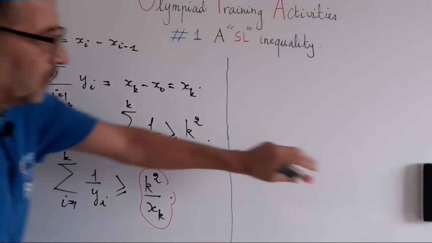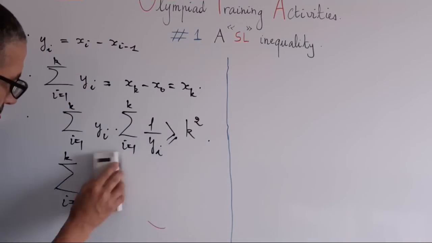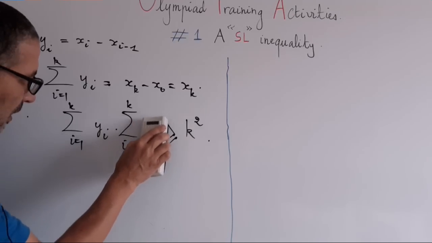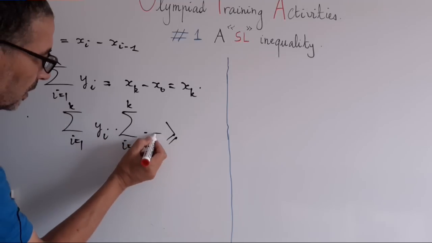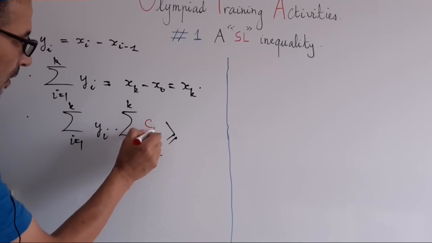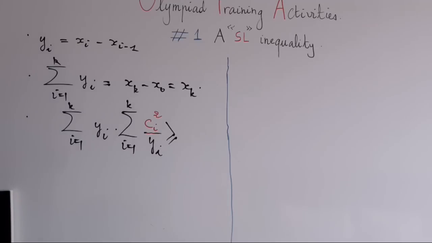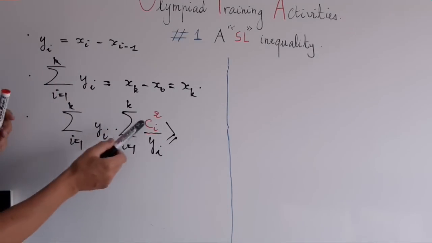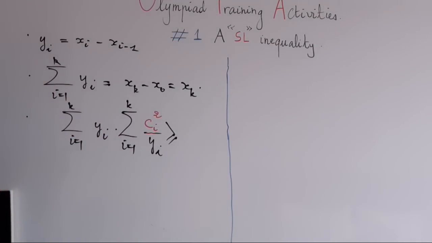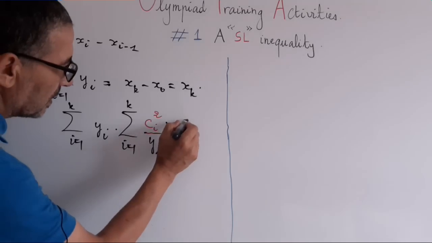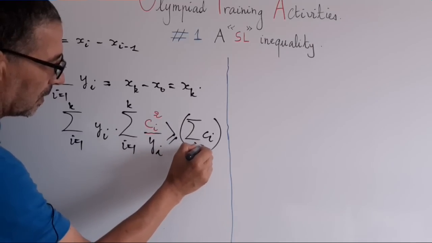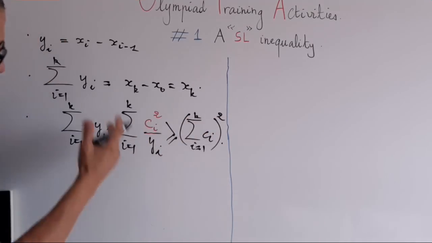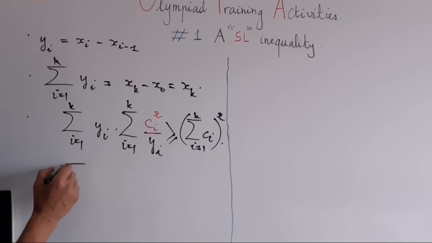So we must make some change in this term by adding, using such a sequence to be determined in the following of the reasoning. We have that this is greater than 2k square, and now the same reasoning gives